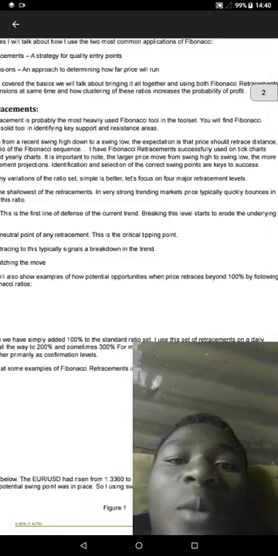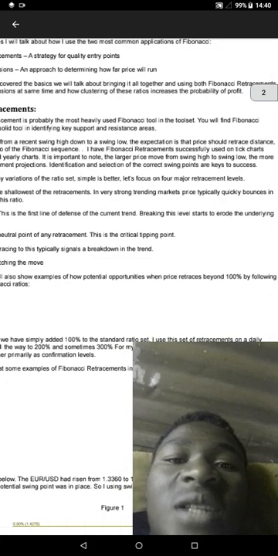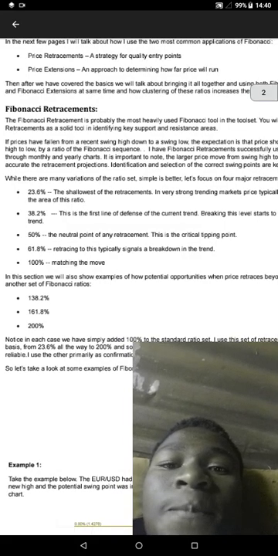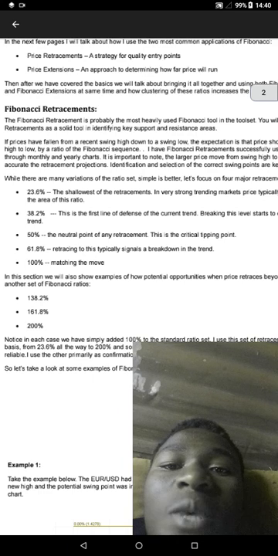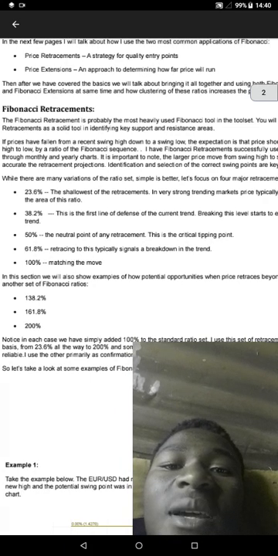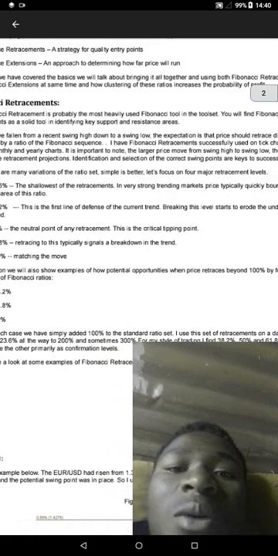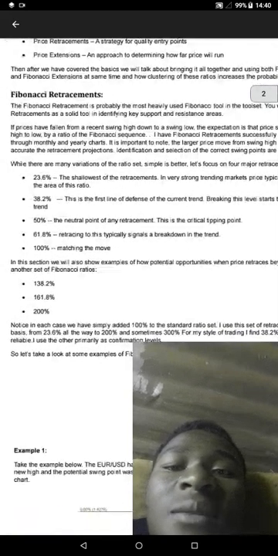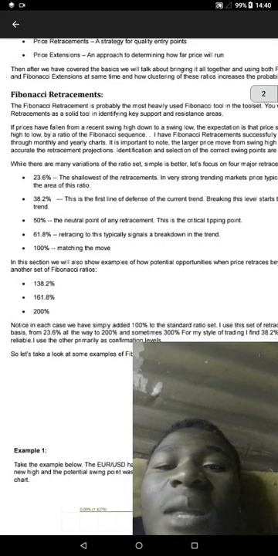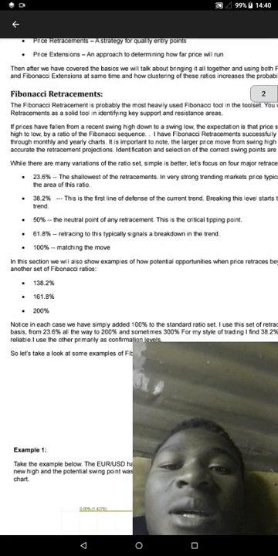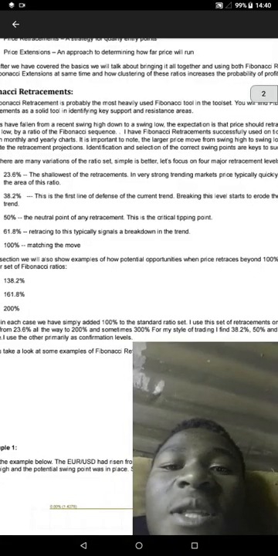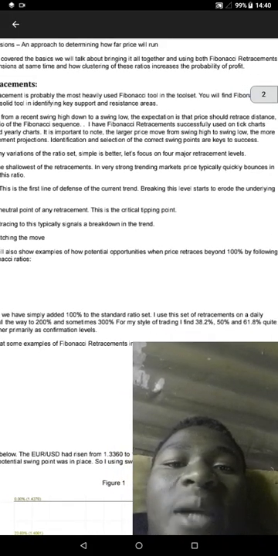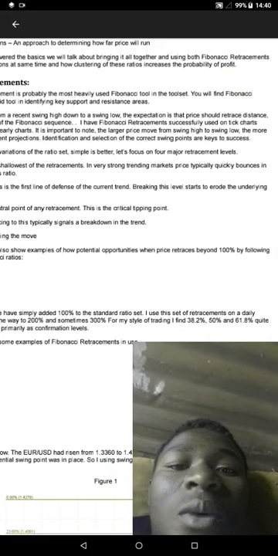Let's focus on the four major retracement levels. Number one, we have 23.6%. The shallowest of the retracements, in a very strong trend market price typically quickly bounces in the area of this ratio. Then number two, 38.2%. This is the first line of defense of the current trend. Breaking this level starts to erode the